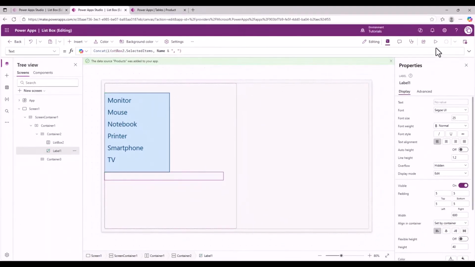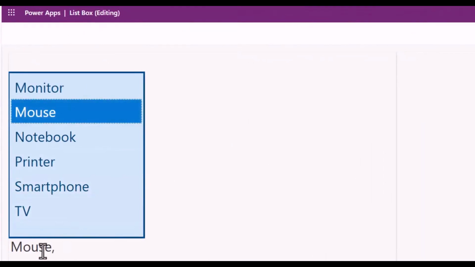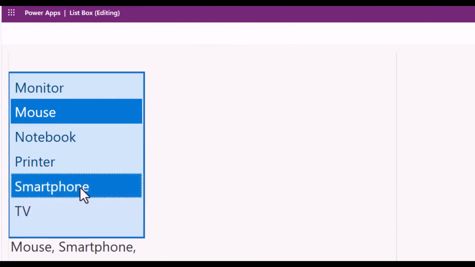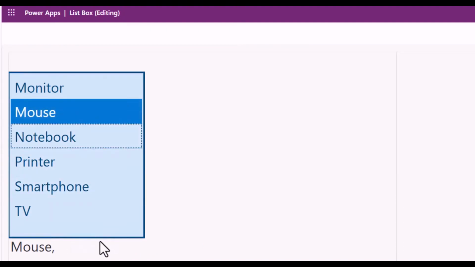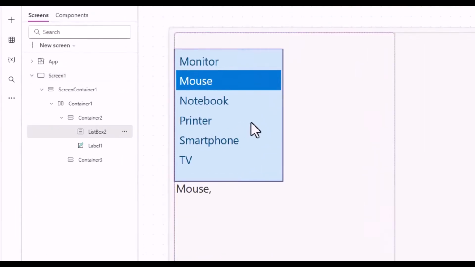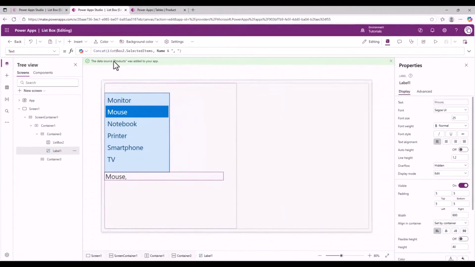Now let's save and play. If I select mouse, see, it added mouse. If I select smartphone, added smartphone, and so on. If I unselect any of them, comes back. So to identify the items that are selected in the list box, do